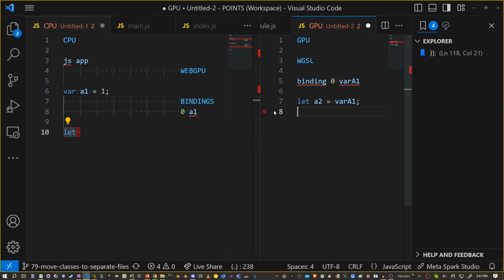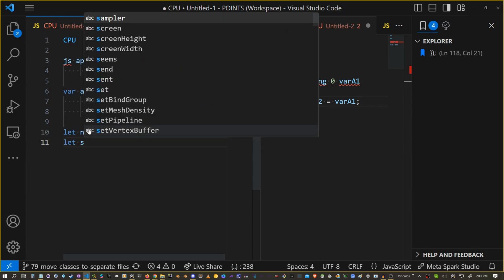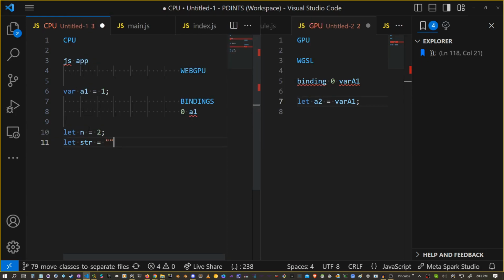There's also constants, but that's a bit different. So in JavaScript you have, I don't know, your numbers. You have something like this. You have your strings,